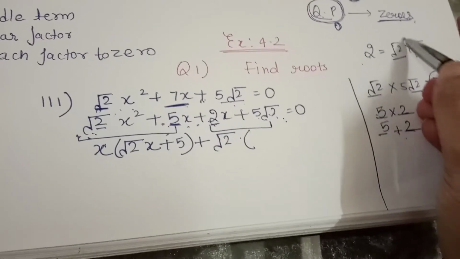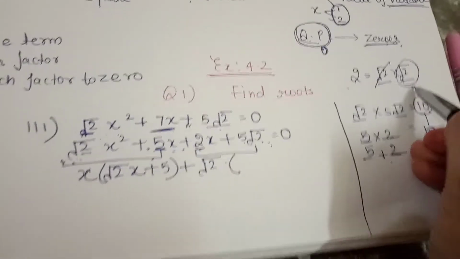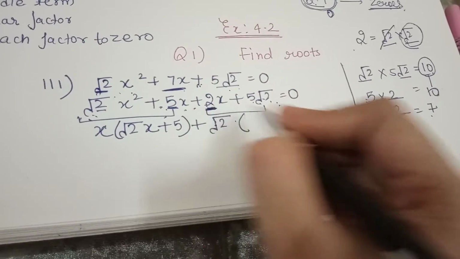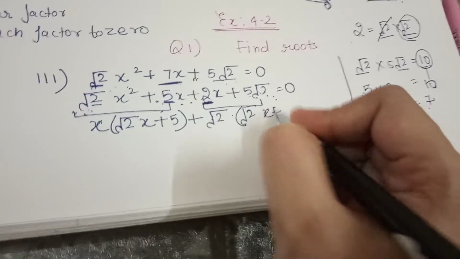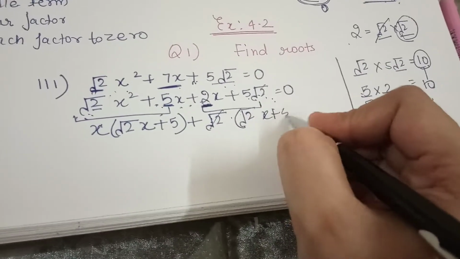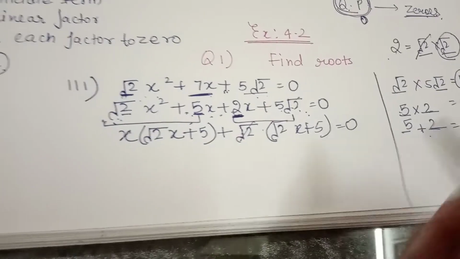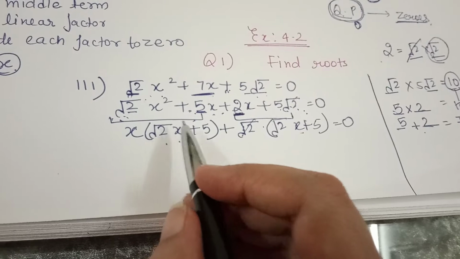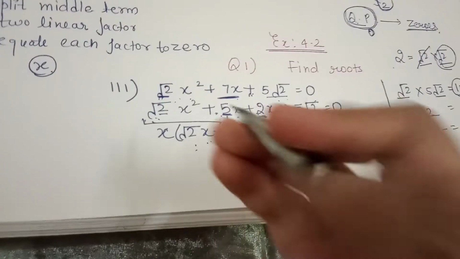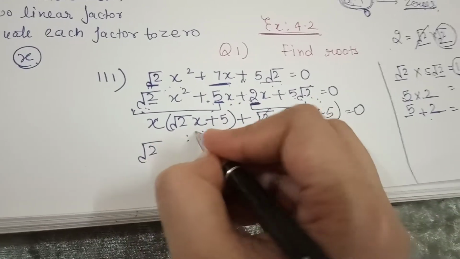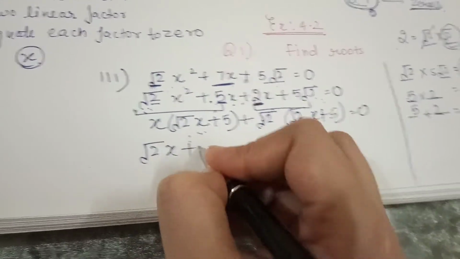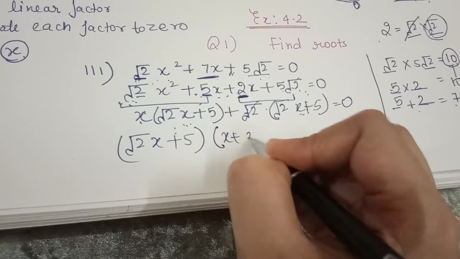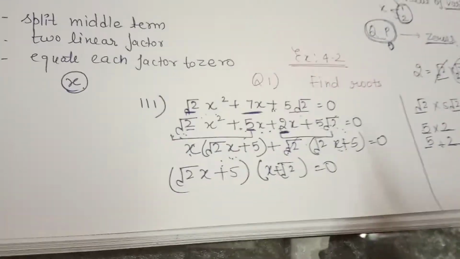तो हमने अगर 2 में से एक root 2 कॉमन ले लिया तो एक root 2 बचेगा. So what will be left here, 1 root 2 we have taken from this, out of this, so root 2 will be left here, and here also we have taken root 2 common, only 5. And here we can check our solution also that we are going correctly or not. Yes, because both brackets are same. So now take common this same bracket, and what will be the next bracket, x plus root 2 equal to 0.